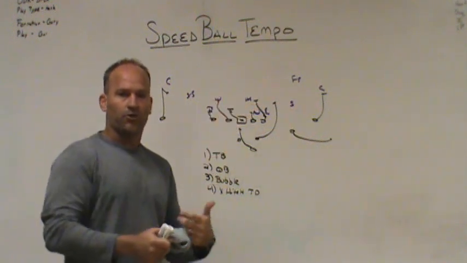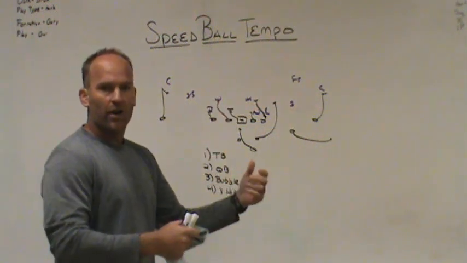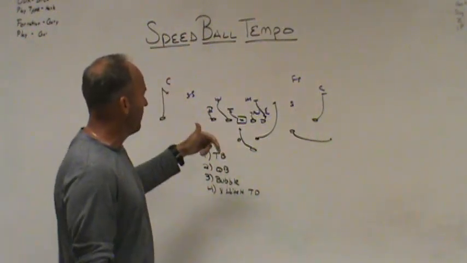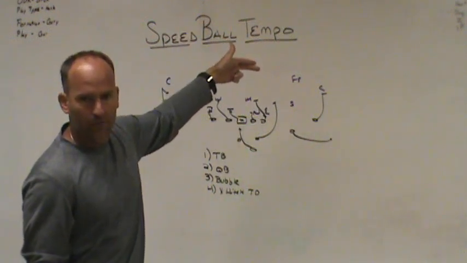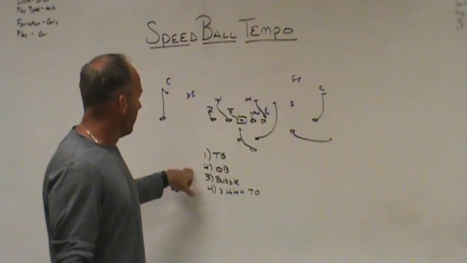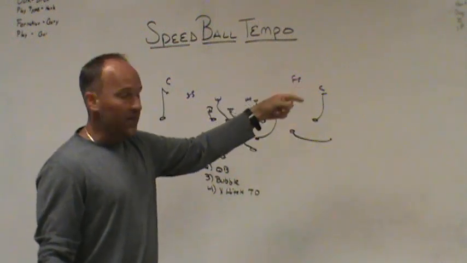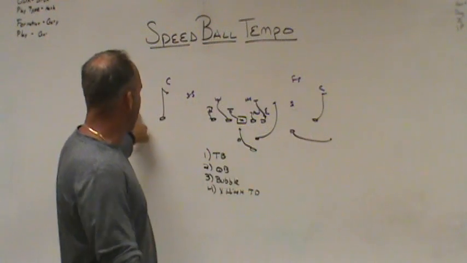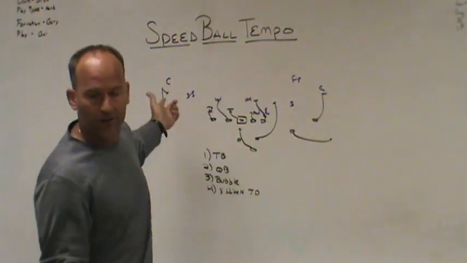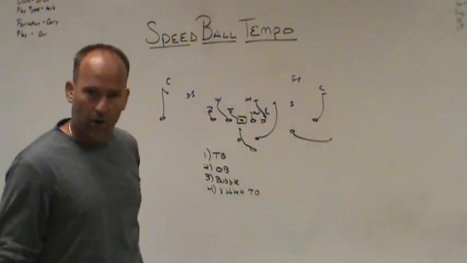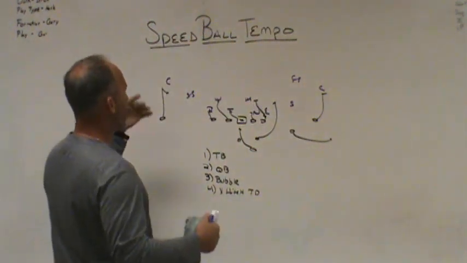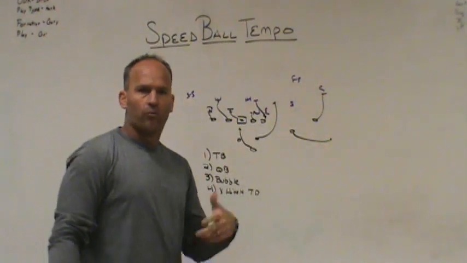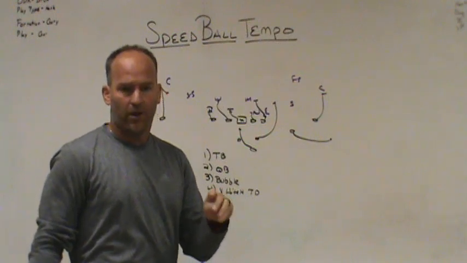So as the defense was adjusting on the fly, trying to take away what they were getting, because the ball was being snapped every 8 to 10 seconds, each time they just put the ball in somebody else's hands. The ball went from tailback to QB pull to bubble. I think they got maybe a zone pressure, or they didn't have 2 leverage, and the quarterback ripped the bubble. Then they came back and threw hitch on the backside, and I believe it was the X who caught the hitch and went about 20 yards for a touchdown. So that would be your speedball tempo: same personnel group, same formation, running the same play as soon as the ball is set, ready to play from the official.